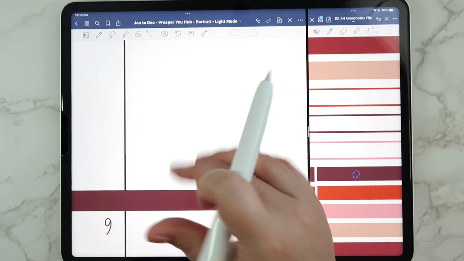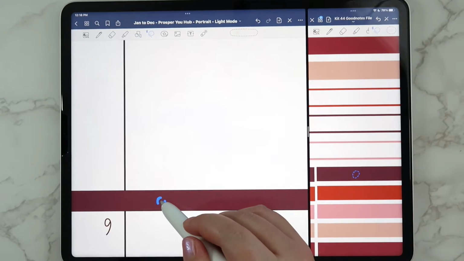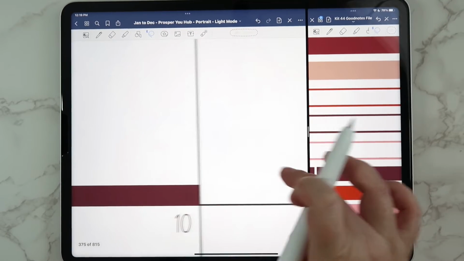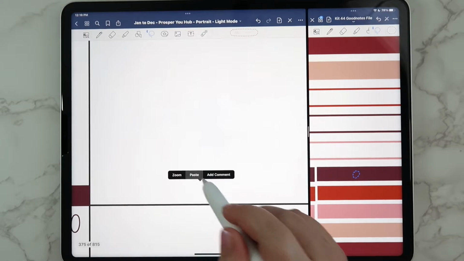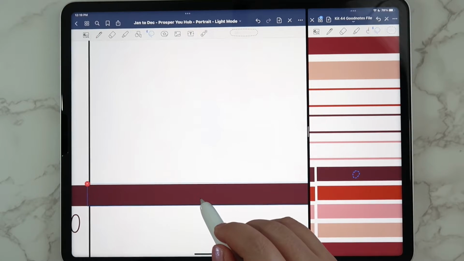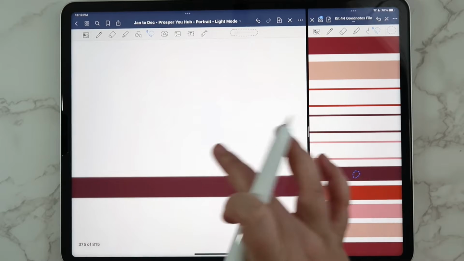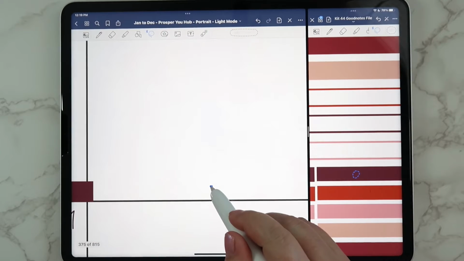So I always kind of fine tune it by zooming in, and we'll just kind of go across each day. I feel like that's going to be the easiest thing to do. So